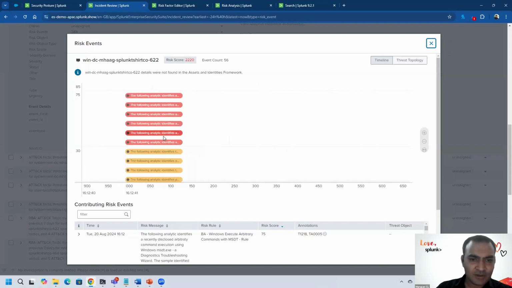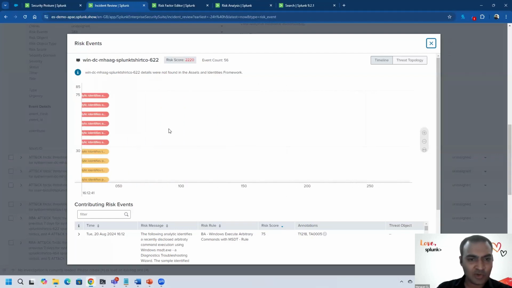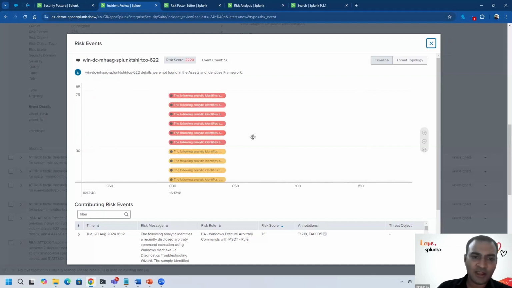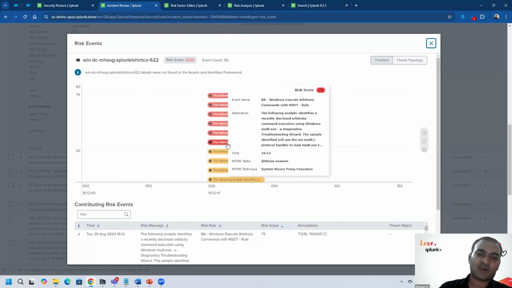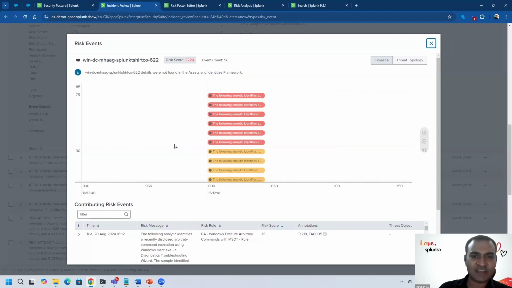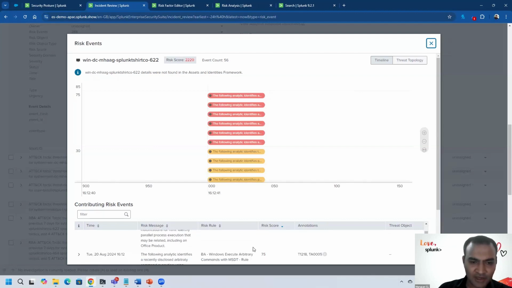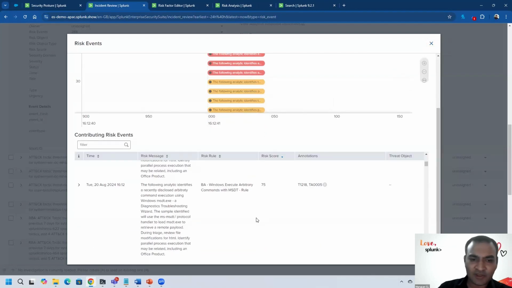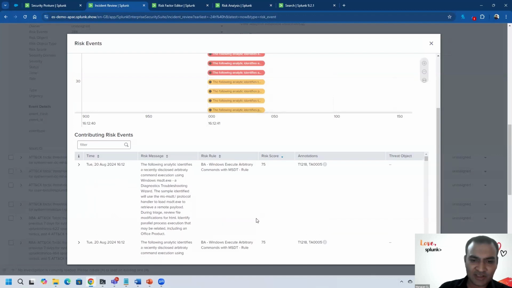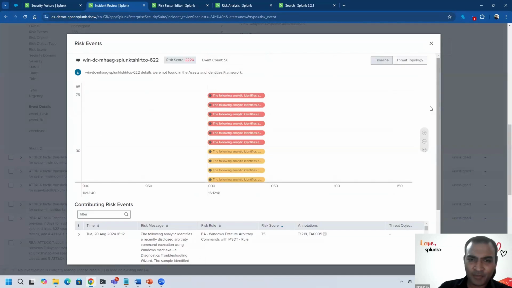Okay, so this is actually a demo system. In a real world scenario, you would see all the detections across the timeline, thereby giving a picture of which event happened at what time. This is actually a powerful view that will help the SOC analyst easily get the context of what's going on in the environment. And then if you go down below, we have all the individual risk events along with their risk scores and their annotations. Up at the top, we'll have details about